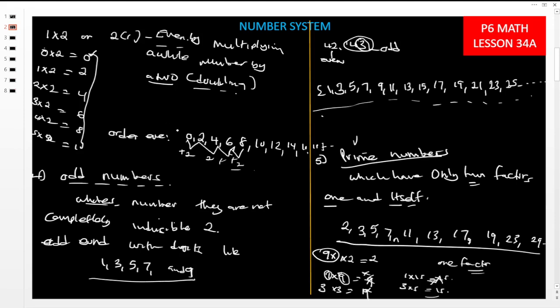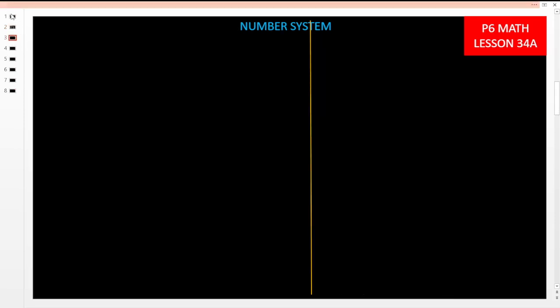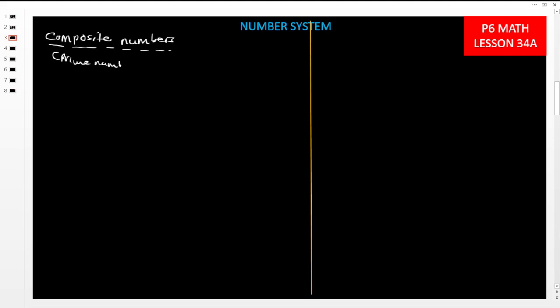Now let us go and get another system of numbers. This system of numbers is what we call composite numbers. Now the opposite of composite numbers is the prime number. So the opposite of prime numbers is the composite number. If prime numbers have only two factors, it means that composite numbers are numbers